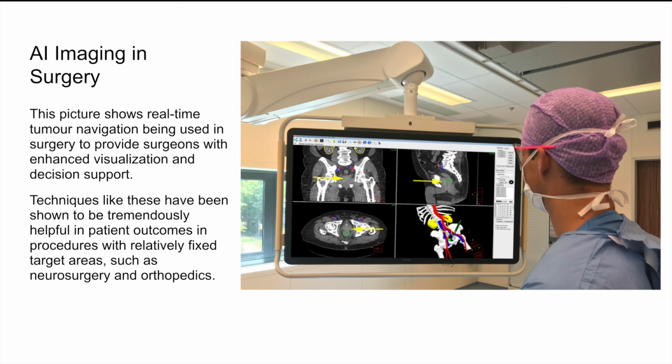As well as just robots, AI imaging can also be used in surgery. AI imaging refers to an image created by AI algorithms based on the patient's data. As shown in this image, a surgeon has used AI imaging to create an image of a patient's tumour, highlighting parts of the body which are at high risk using different colours. This is an extremely useful technique as it can help surgeons make better and more accurate decisions, such as allowing surgeons to target fixed areas.